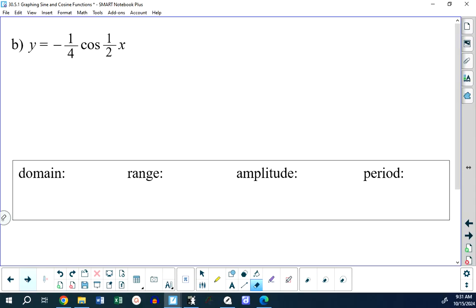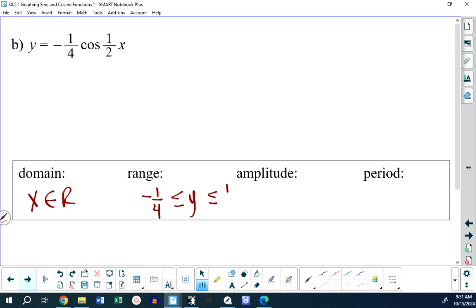That's all there is to it, really. The domain is any real number for x. The range is negative 1/4 is less than or equal to y, which is less than or equal to 1/4. Speaking of 1/4, the amplitude is 1/4, and the period is, once again, 2 pi over b, which in this case is 2 pi over 1/2,